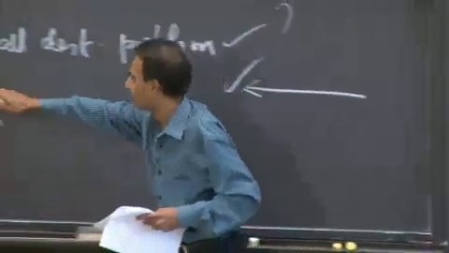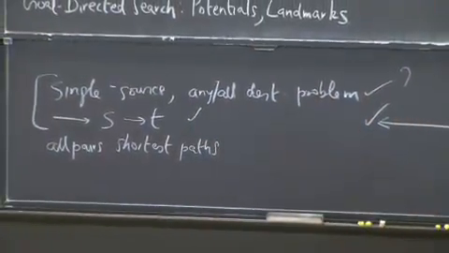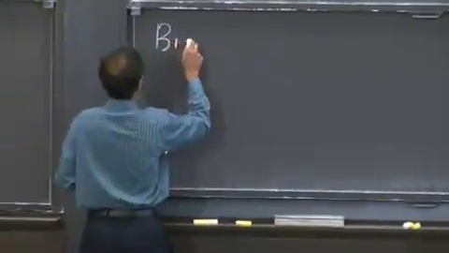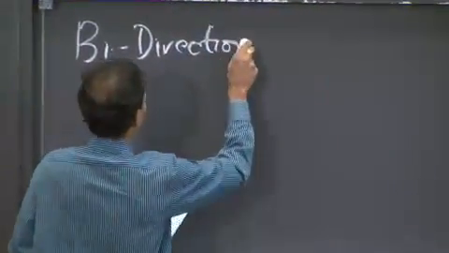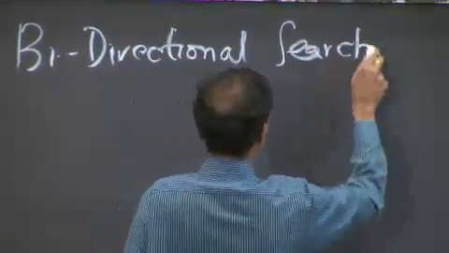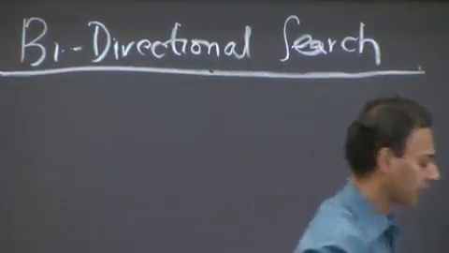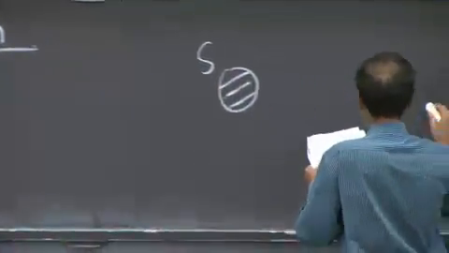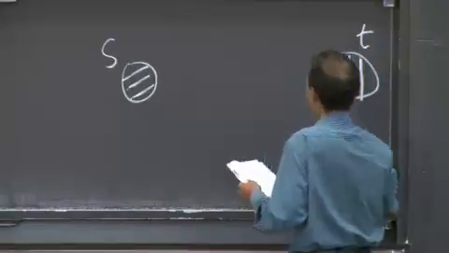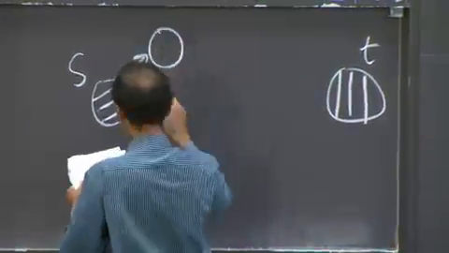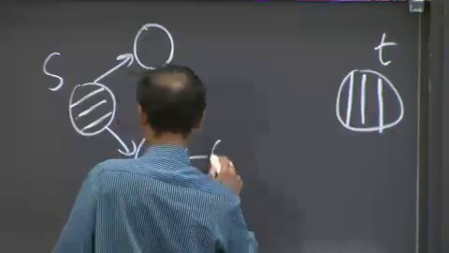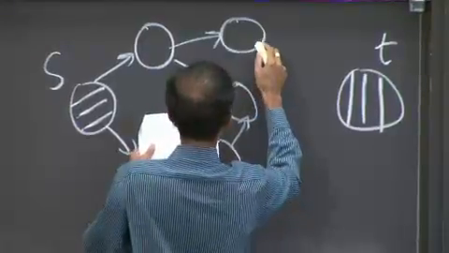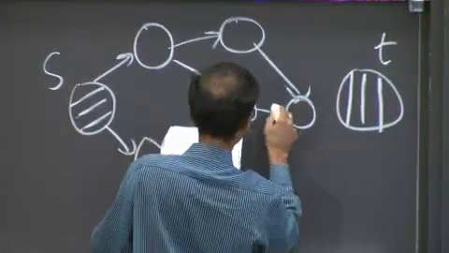That sort of takes care of the first optimization corresponding to single source, single target. Let's talk about something that's a little more interesting and non-obvious, which is the notion of bidirectional search. In bidirectional search, what we have is S and T, and a bunch of nodes in between, corresponding to this graph here.